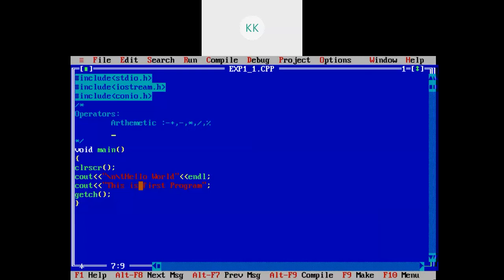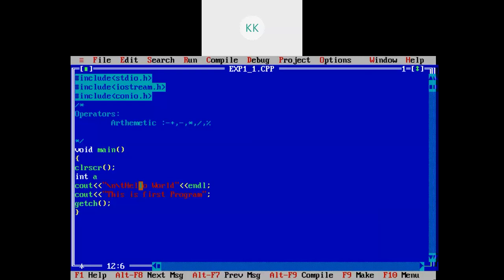The operands are the literals or variables on which a certain operation is done, right? So we are having different arithmetic operators. We will try to do some arithmetic operation. For example, I want two variables and I want to perform some addition, right? So first of all, I need to declare those variables.